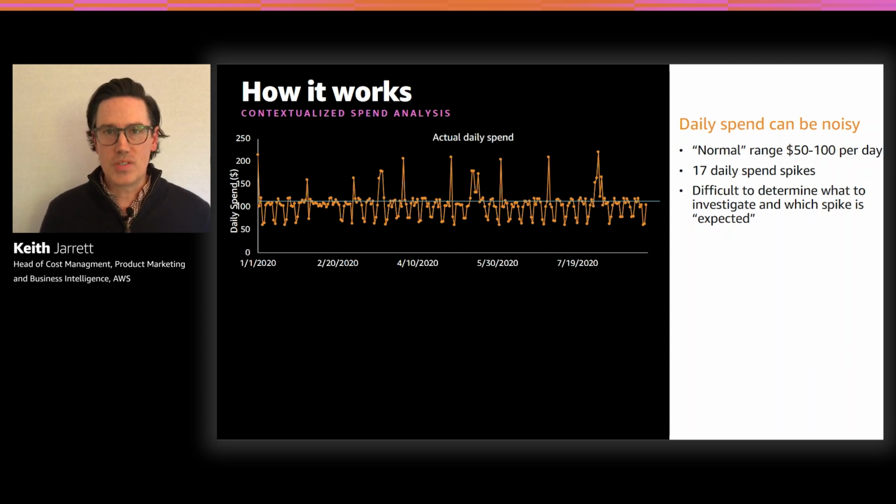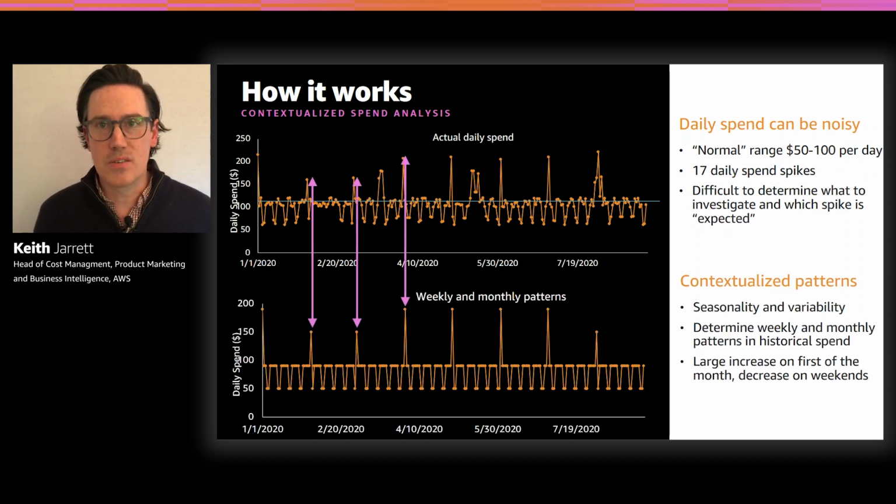But you'll also notice that I have periodic spikes, in fact, 17 of them. And when you get these types of spikes, you might be asking yourself, is this good? Is this bad? Is it expected? Is it not? Which of these spikes do I actually investigate? What AWS Cost Anomaly Detection does is create contextualized spending patterns that account for seasonal variability based on